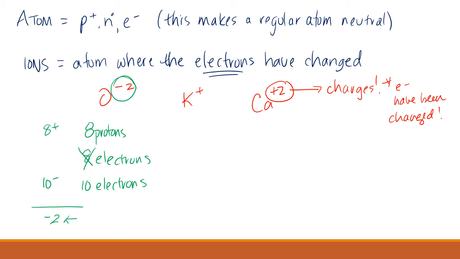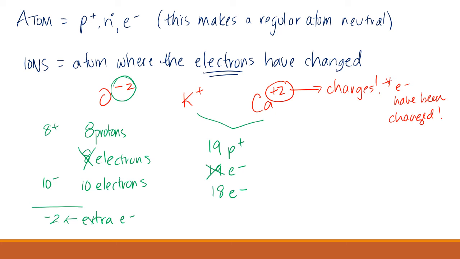Okay. These are extra electrons. Now these two are both positive. I can walk through it in the same way though. I can look at potassium, which is 19. So that means that it has 19 protons. And if it were neutral, it would have 19 electrons, so they would cancel out. But here they don't cancel out. There's one more positive than there is negative. So one more positive than negative. So that means that what I really have are 18 electrons because I'm not allowed to change the number of